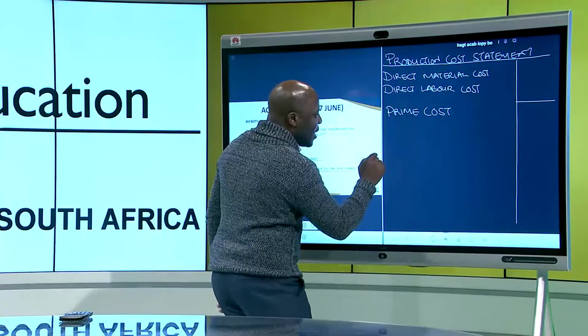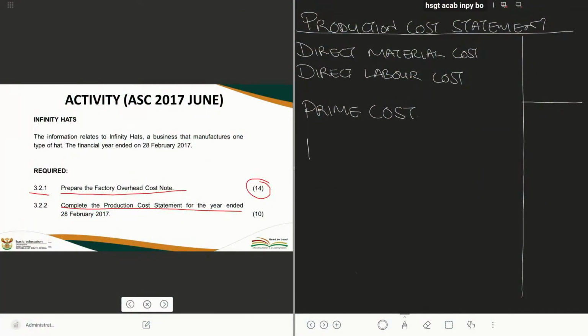And I taught you that when you have prime cost, you must now come and add something. What do you add? You add factory overheads. Correct. So you're going to bring now your factory overheads here. And here are the last two parts which I taught you. You understand completely that when you have added your factory overheads, you must then have, which one? Yes, work in process. All right? But before you get to work in process, what do you have now? You're going to have what we call total manufacturing